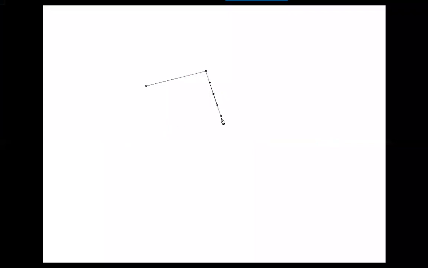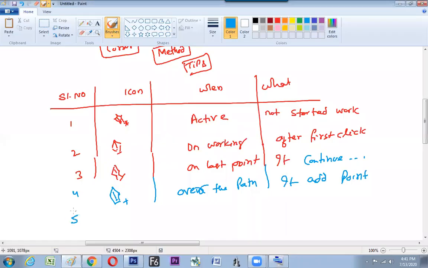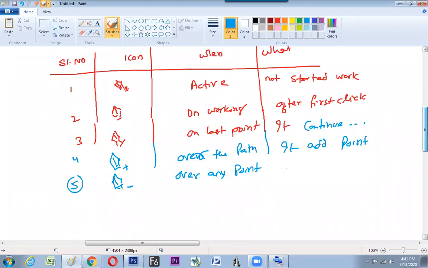Now, except for the last and the first point, if the pen tool is over any point except the first and last, you'll find the negative mark. It cuts the point. So now go to the fifth one: pen tool with negative sign over any point except first and last.